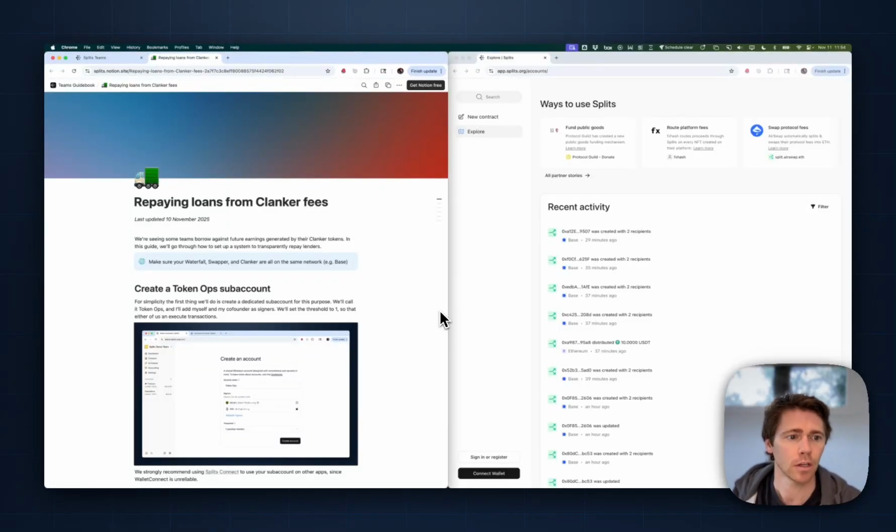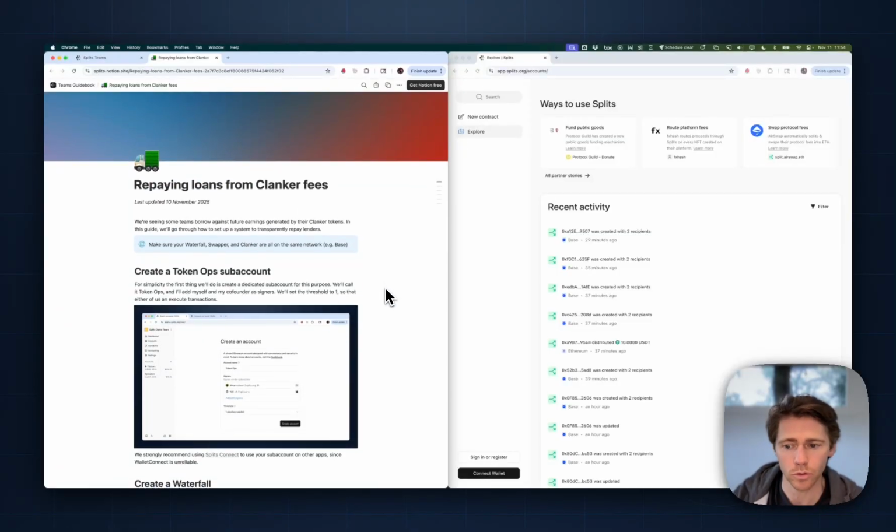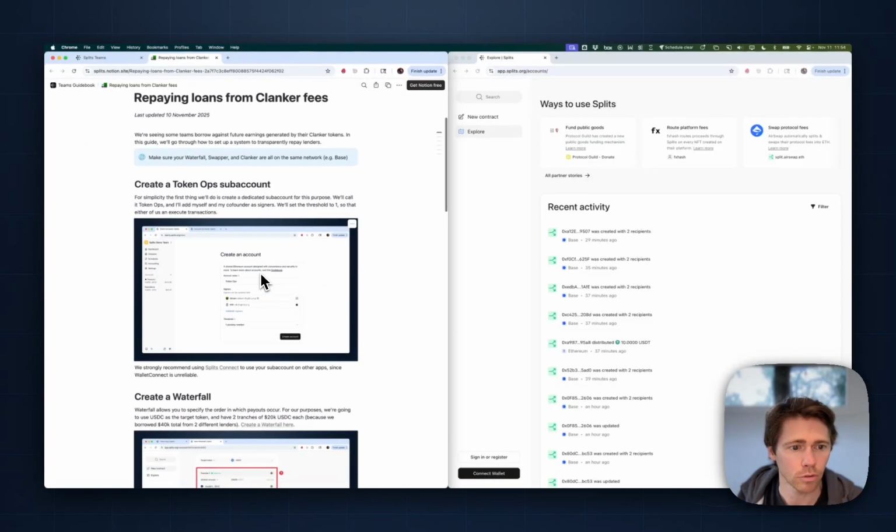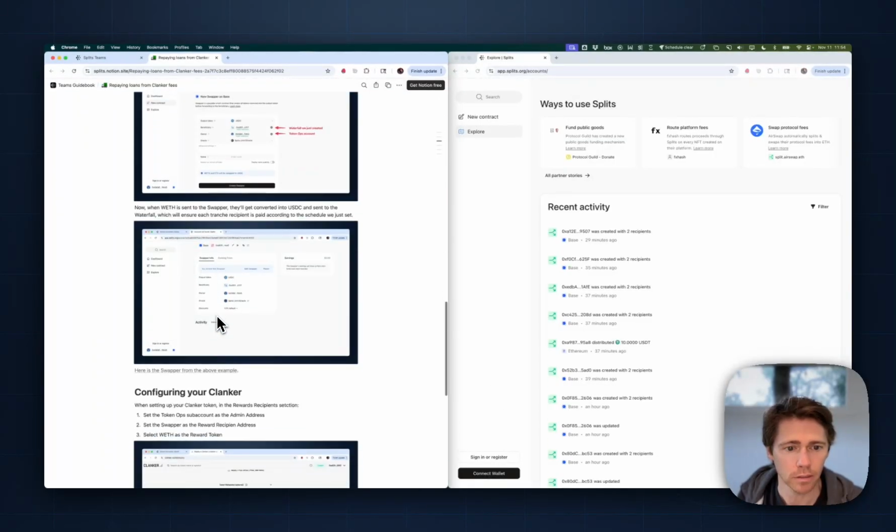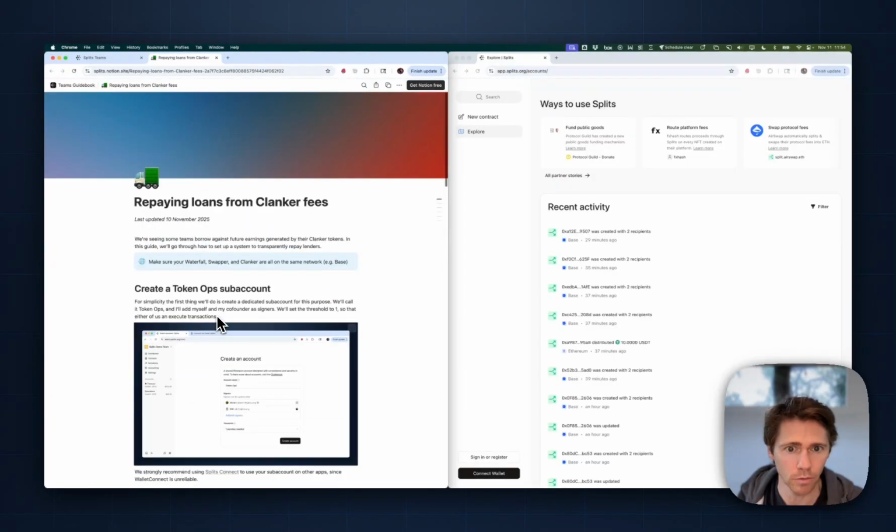Looks good. So, okay, this has come up a few times: essentially talking about repaying loans from future fees, in this case using Clanker. And I want to talk through a step-by-step guide of how to do this by piecing a few different on-chain